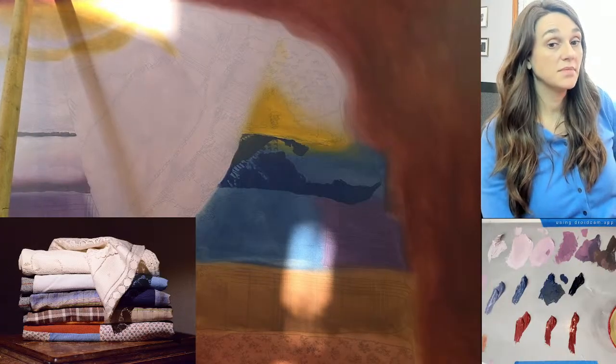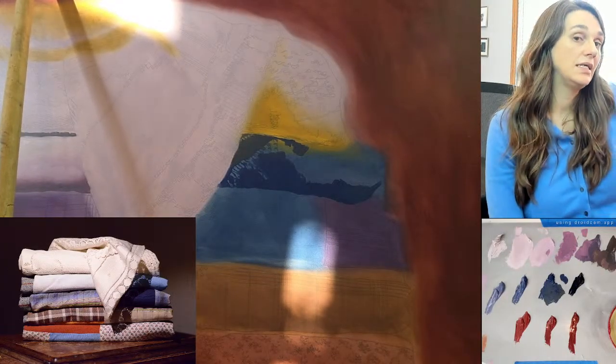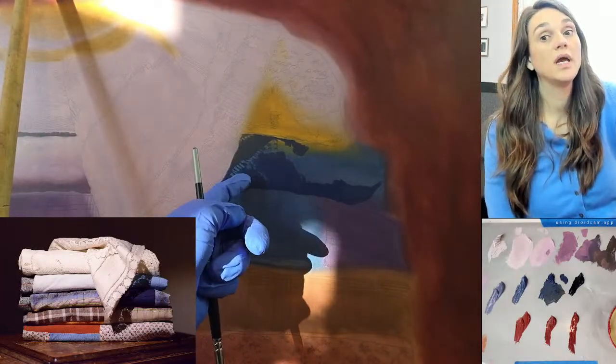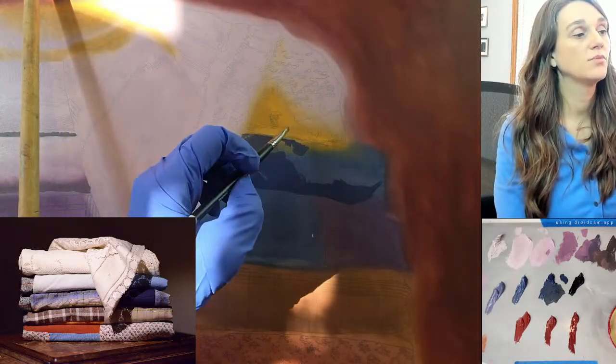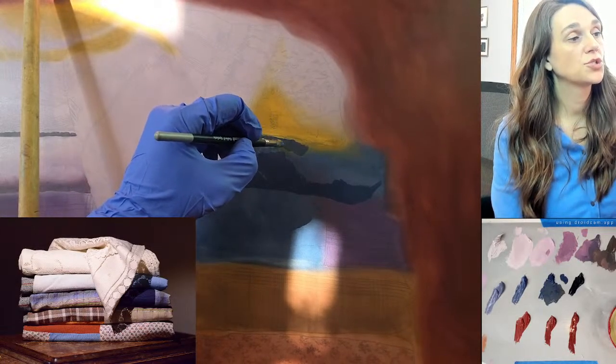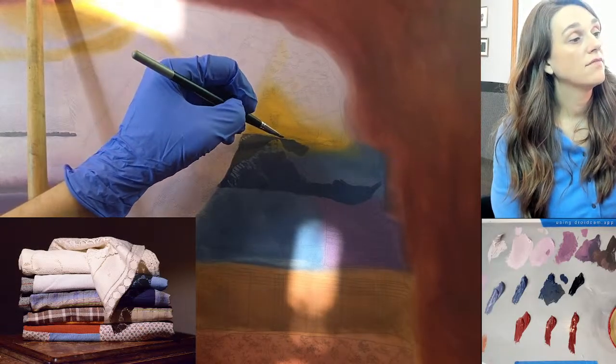And I may be tempted to go, oh, that's way too dark. And so I'm going to go in and change it and lighten it. And then all of a sudden I put in all this dark background and this looks way too light. It's not even reading as a shadow anymore. And so it's very, very easy to be tripped up by what we perceive color and value to be based